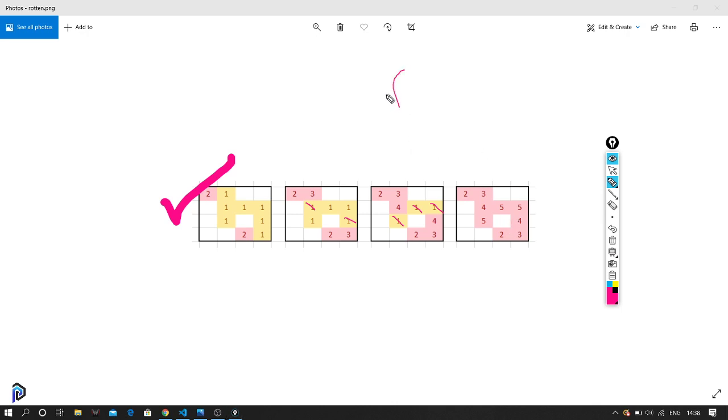So we'll be having a fresh counter. It has the number of fresh oranges. Initially, it would be 7. Every time one particular orange gets rotten, we reduce from it. That is how we find whether we are rotting all the oranges.